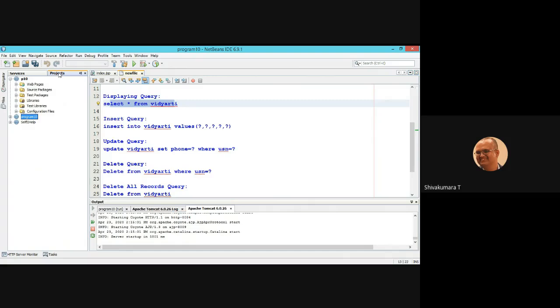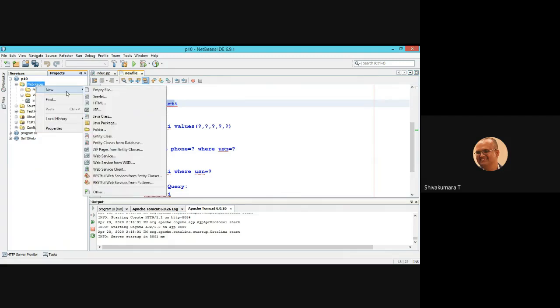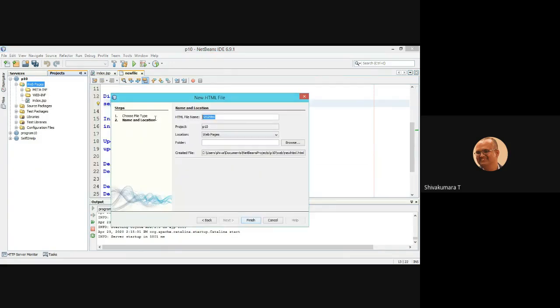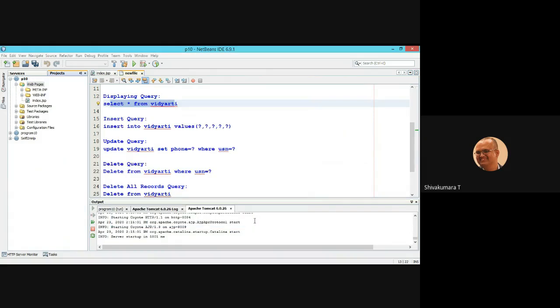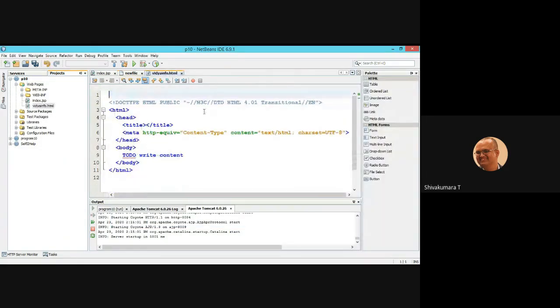Go back to the projects window, expand the web pages, right click on web pages, new, select HTML page. Here give Vidya info. Vidya info is the page name of the Vidyarthi information page. Finish. It is going to create the template HTML page for you.